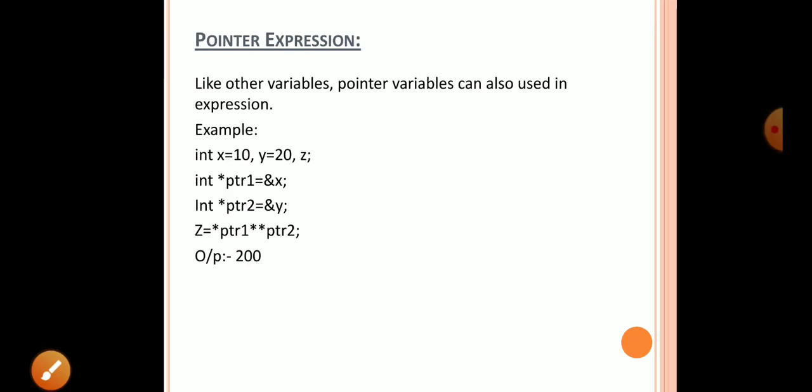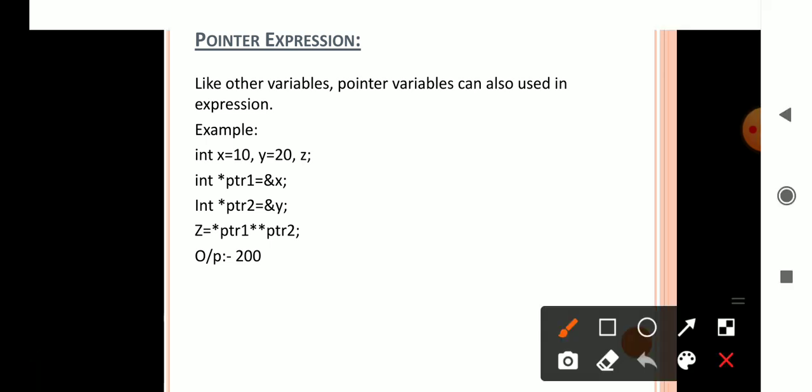Next concept is pointer expression. Like other variables, pointer variables can also be used in expressions. Example, int x is equal to 10, y is equal to 20, z. I will take the three variables x, y, z and assign values to x and y. x is equal to 10, y is equal to 20.